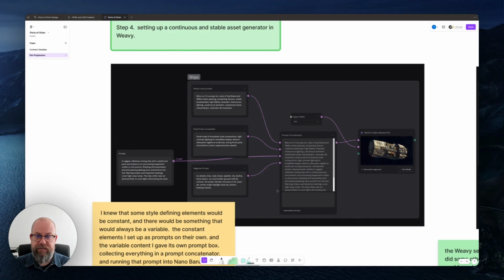But here's the structure of this, and you could do this in any other node-based generative AI maker. But over here I have Nano Banana from Google, and here I have the prompt that Nano Banana is using, but I don't want to copy paste that whole prompt every time. I need to create something new, so I split up the prompt in different sections where I have the master